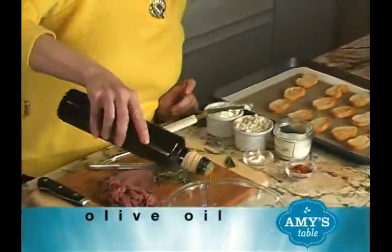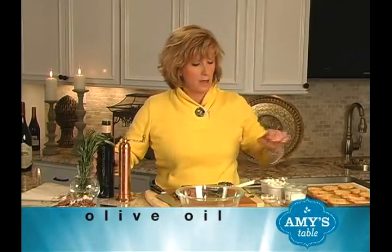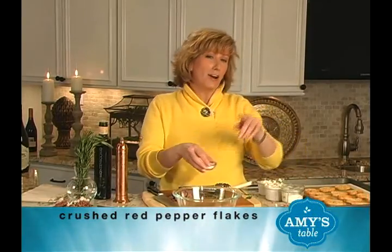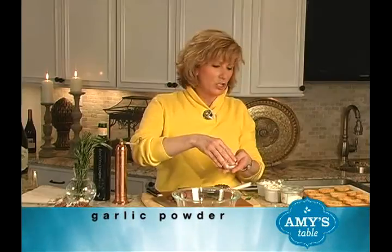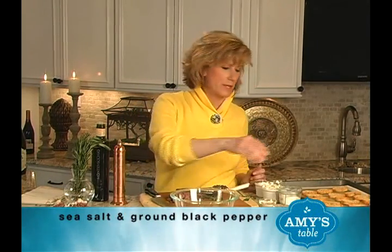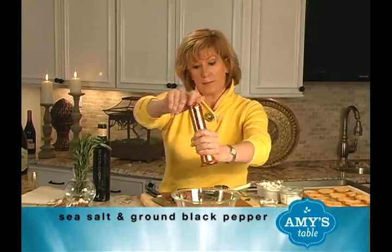Okay, now we've got to make a little bit of a dressing for the beef, and it's just some olive oil, crushed red pepper flakes. I love these. They add a little zing to just about everything. Some garlic powder, and I've got to tell you that normally I would use fresh garlic, but I don't want any chunks of raw garlic in this little topping, so I do go with a garlic powder for this. A little bit of sea salt, ground black pepper,